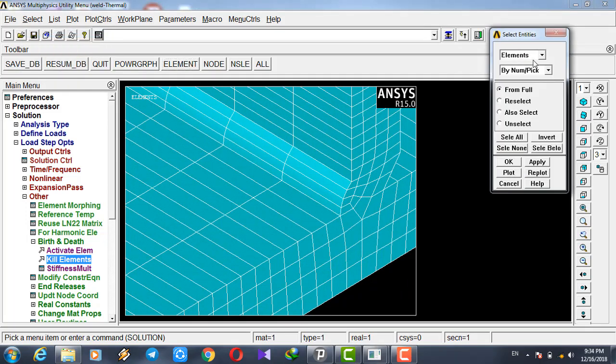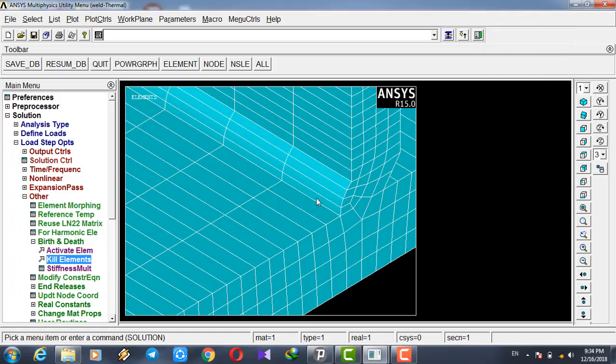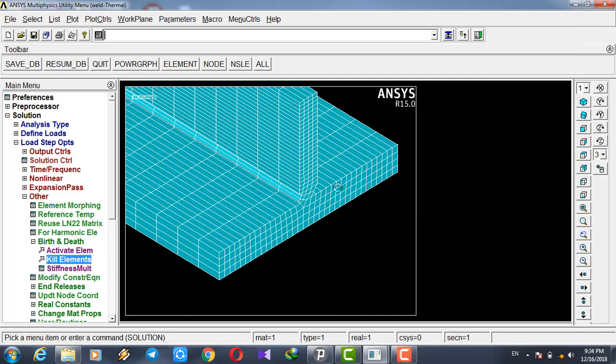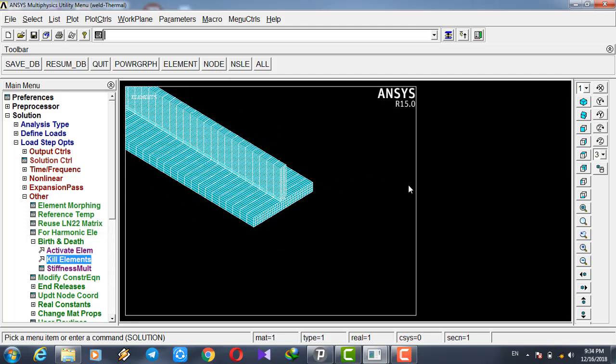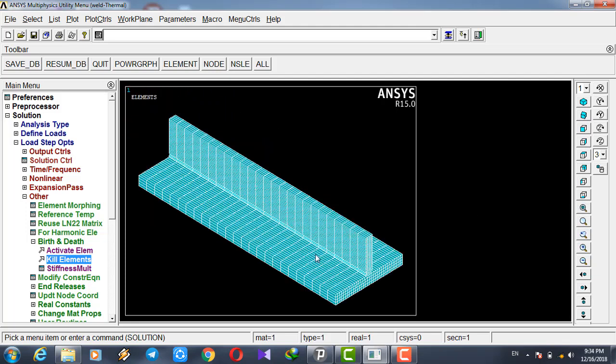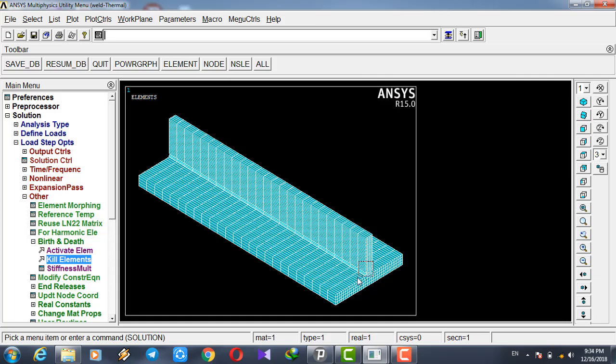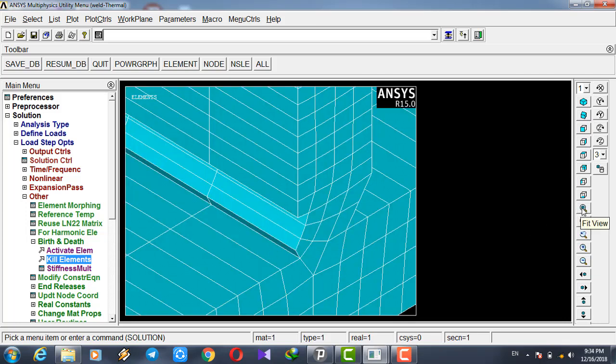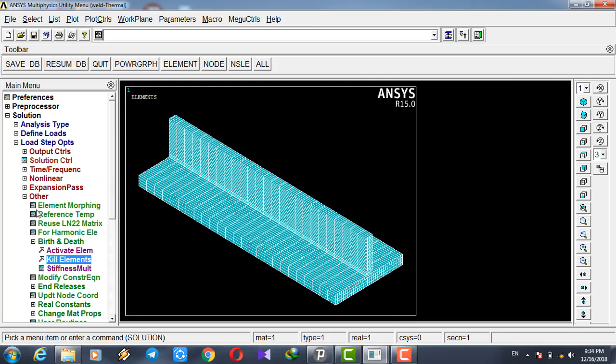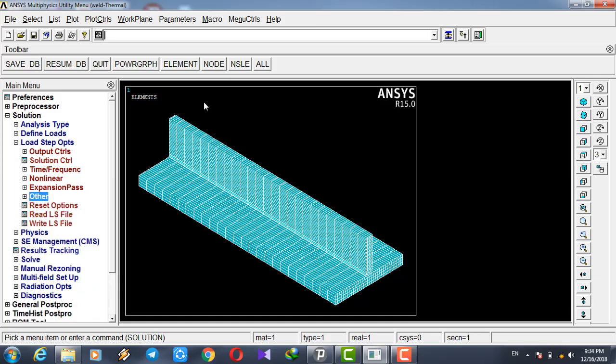For previewing the active elements, I must go to select entities, and in elements I select live elements, and okay. Now I have the live elements, that is all elements except the weld elements, as shown in this picture. Now you see, after killing the weld elements,